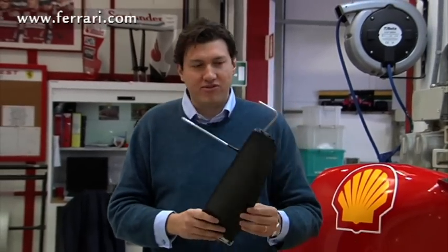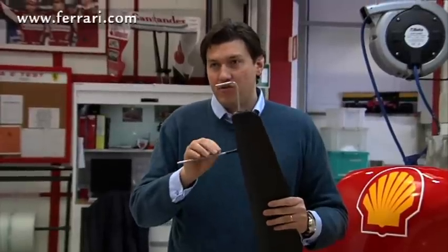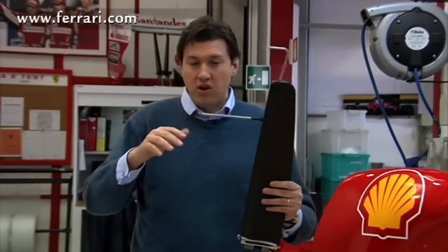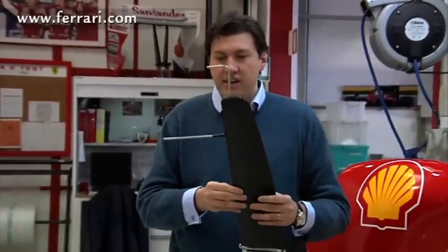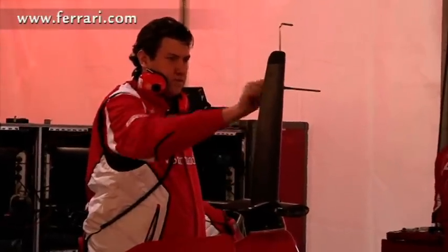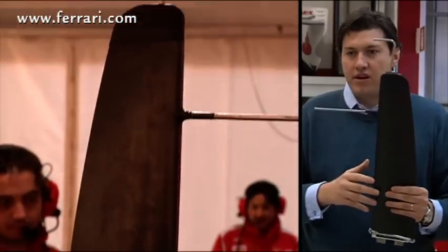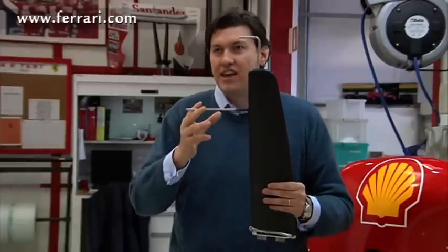Very often when we do aero tests, you'll see what we call the roll hoop pitot, which is a device that allows us to measure the airspeed of the car in a different position to where we normally measure it. Normally, on the nose of the car, we have a pitot that measures the airspeed, which is what we use during a normal race weekend. But when we go aero testing, we add this to the car, which allows us to measure the airspeed in a higher position, less influenced by the details around where the nose pitot is normally affected, and we have a nice clean measurement of the